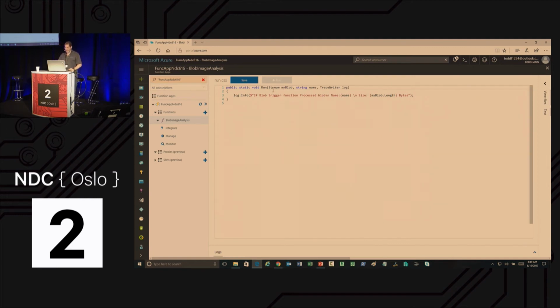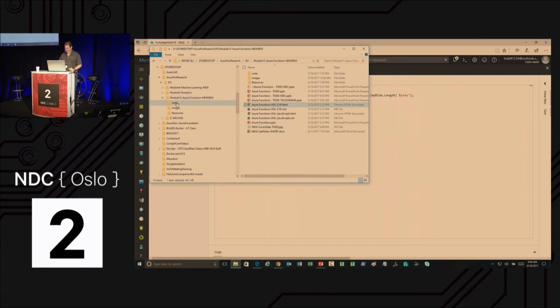Okay, so now you have your run function. This is your function. There's some other files I'll show you in a second. And this is just, obviously nothing's in it. It's your template, and you type in what you want to do. So I have some code here, 2 little pieces of it.